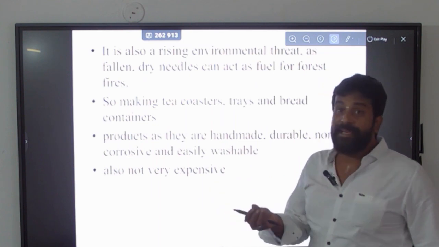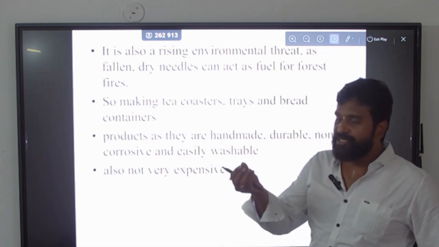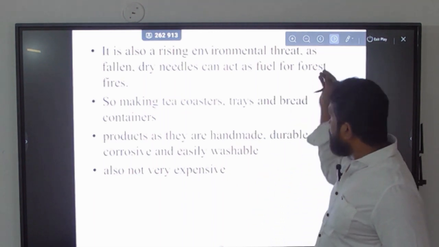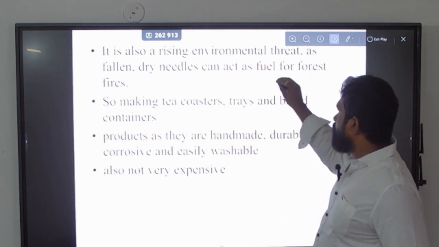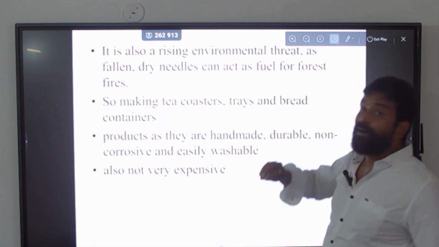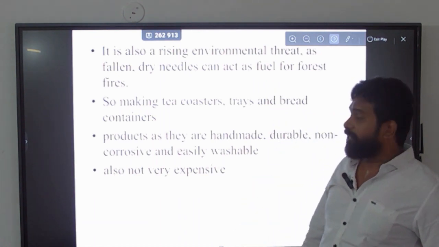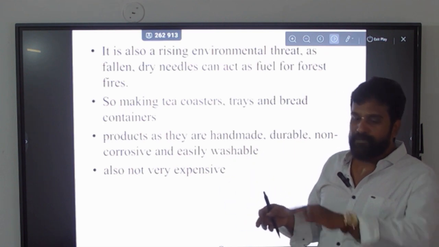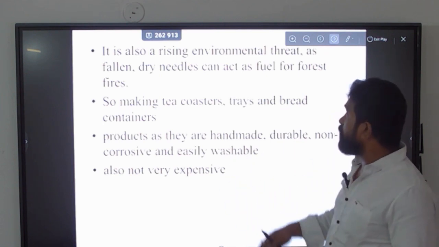That sheds their leaves, that the pine trees shed their leaves. So it is already dried now. It leads to fuel for forest fire. That is the major problem. That's why right now in Canada, California and all, we have that much of forest fires now, because of this